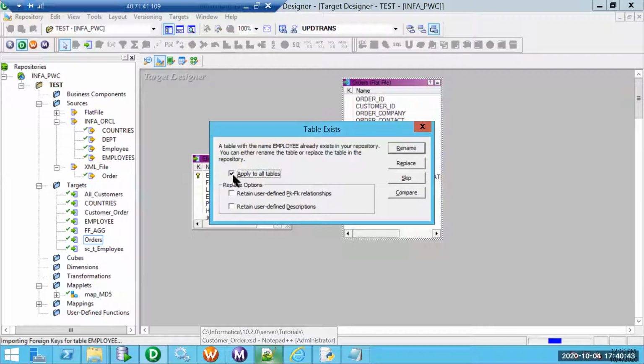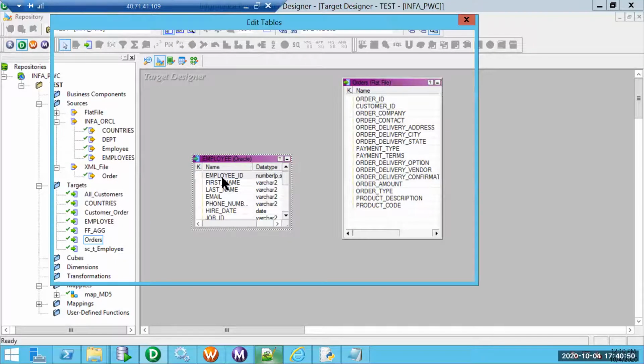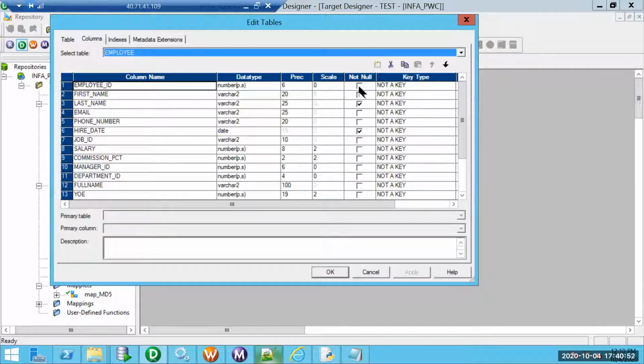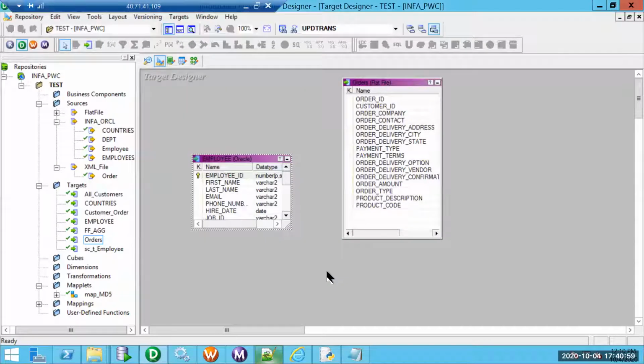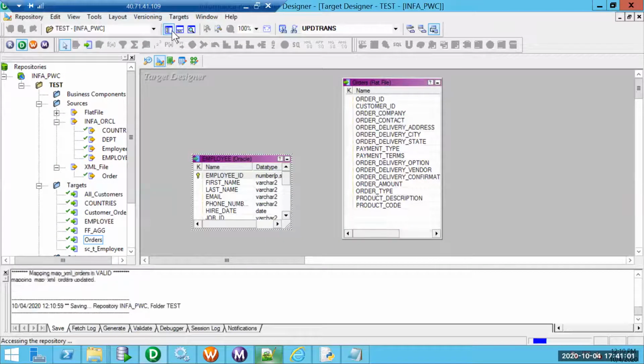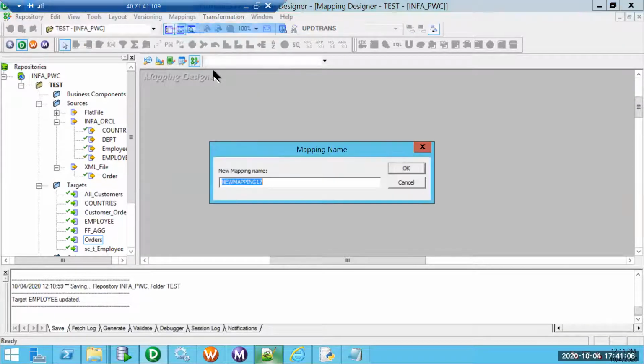So we click on apply to all tables and then replace. Now if I want to update, we need to have a primary key. I don't have any key defined. So I'm trying to define the primary key on the Informatica level itself on the employee table. Perfect. Let's try to create the employee SCD mapping, which is capable of achieving the SCD2 functionality.